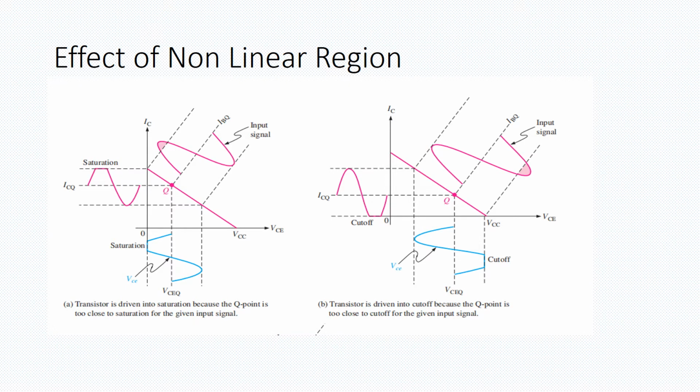Here, though it is occurring in the negative half cycle, there is a phase reversal, and that is why whatever signal you apply, you get a clipped signal in the positive half cycle. When the device is in the cutoff region, that is, the Q point lies near the cutoff region, you will find that the lower part of the input signal is clipped.